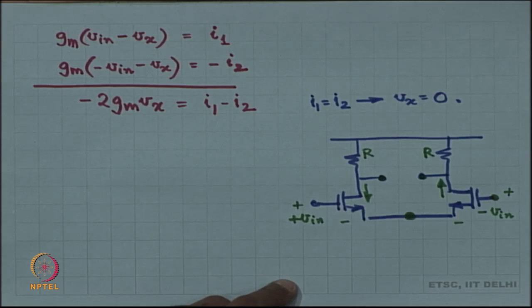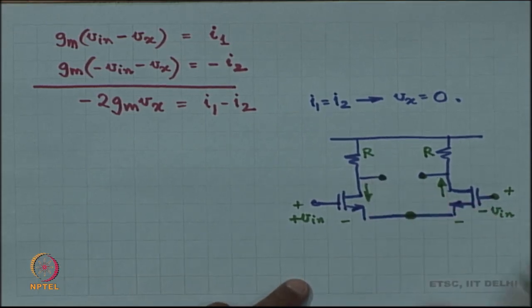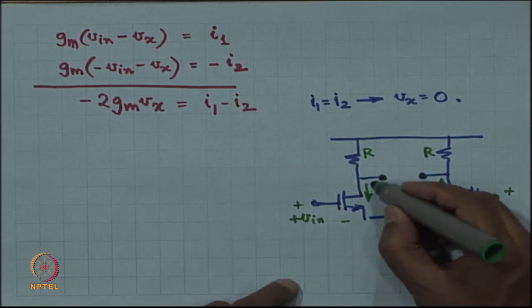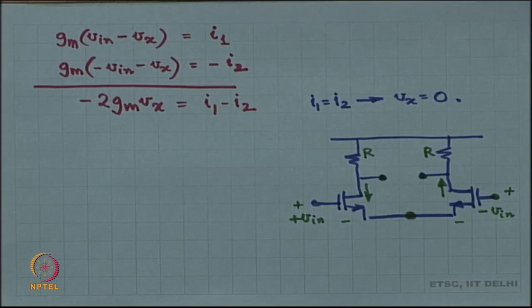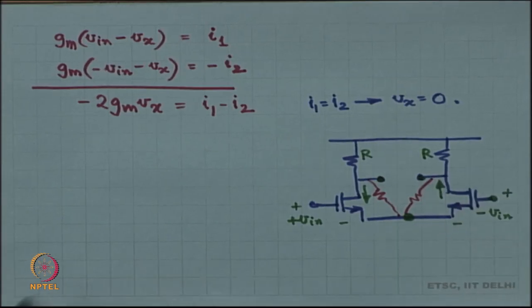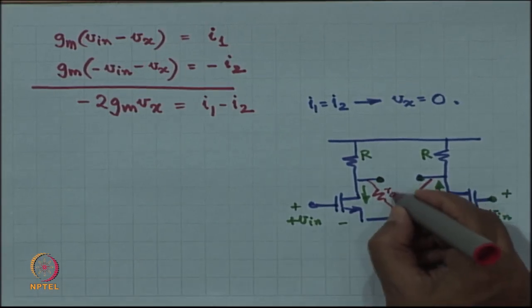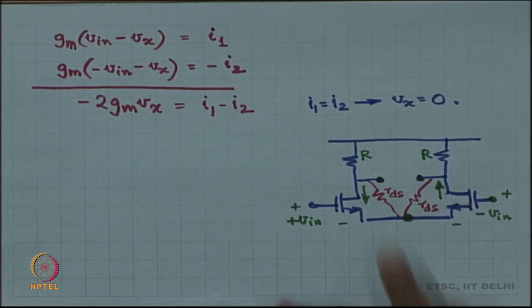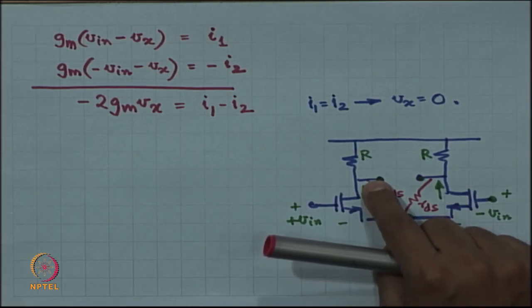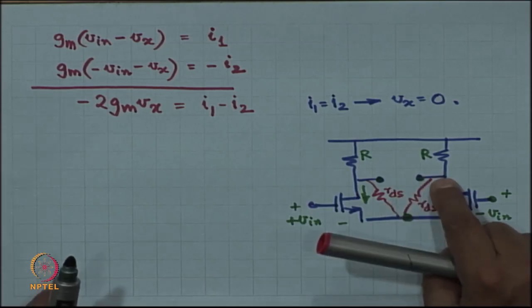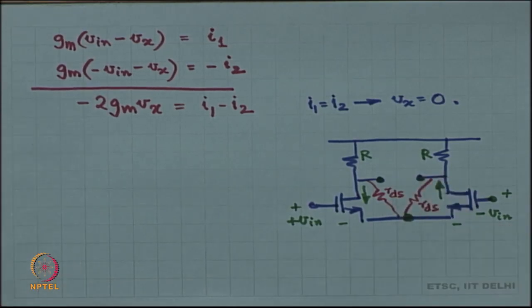Okay. Of course, right now I am assuming that R d s is infinite. Now, if you also had R d s, then R d s would appear in shunt with R, would it not? Because this node is not moving. All right. In which case, this voltage is going to drop by G m times R in parallel with R d s, whereas this voltage is going to increase by G m times R in parallel with R d s,